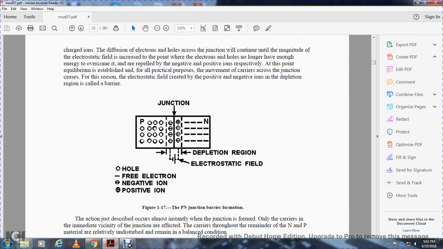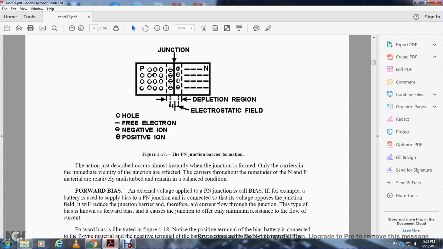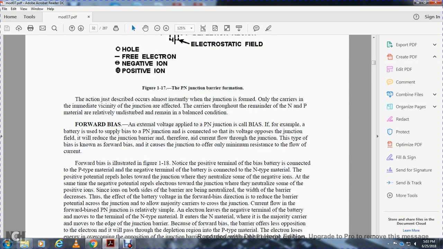Figure 117 shows the PN junction barrier formation: positive, negative, junction, depletion region, electrostatic field. The zero plane is the junction. A circle with a negative sign is a free electron, a hole is a space, a negative sign is a negative ion, and a positive sign is a positive ion. The action described occurs almost instantaneously with the junction formation, and only the carriers immediately at the junction are affected, while the remainder of the material is relatively undisturbed